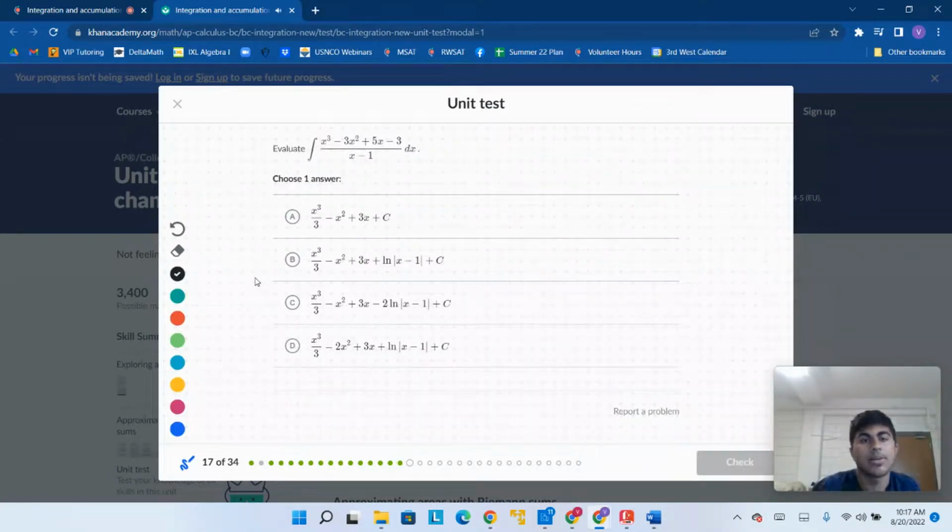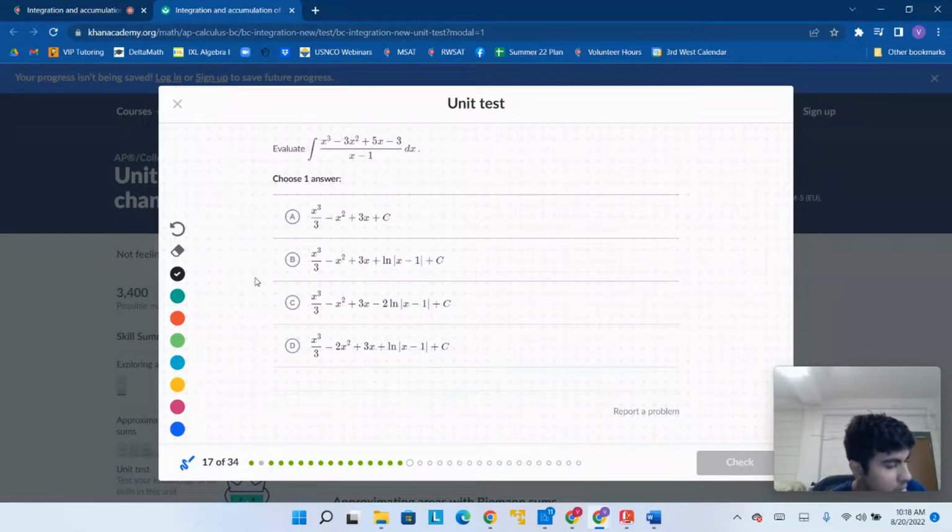All right, now we're trying to evaluate x cubed minus 3x squared plus 5x minus 3 over x minus 1. Kind of complicated, but that is calculus for you. So what I'm going to do is use some polynomial long division here. I'm just going to try to divide this out. So I'm going to take x cubed